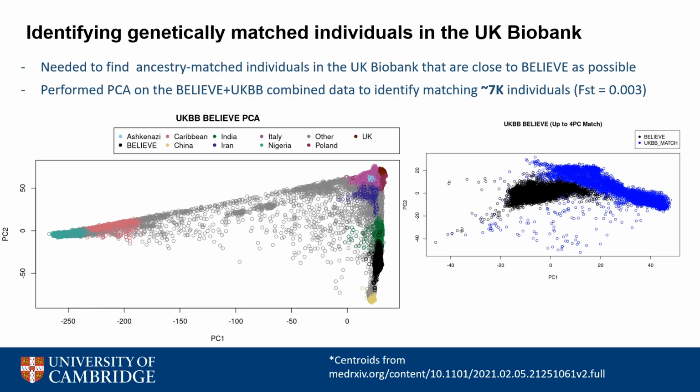To identify individuals with South Asian ancestry in the UK Biobank, I took around 200,000 HapMap3 SNPs that were directly genotyped and were common between the two datasets, and then I ran PCA. I then matched individuals on their top 4 principal components, using the criteria to select matches that fell inside the limits of the most extreme PCs of the Bangladeshi individuals. Using this method, I found around 7,000 matching individuals who achieved an FST with the Bangladeshi cohort of around 0.003.